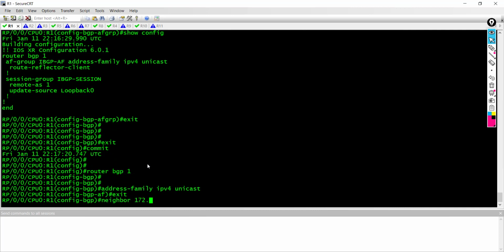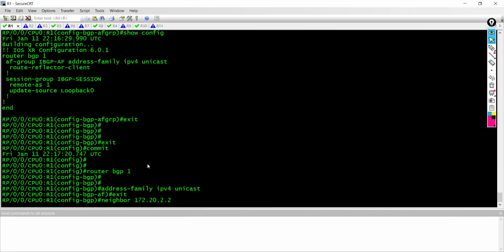This is router 1, and we're going to be forming peering with router 2, router 3, router 4, router 7, 8, and 9. We're going to be peering on their loopback addresses. So I'm going to say 172.20.2.2, and say it is a remote